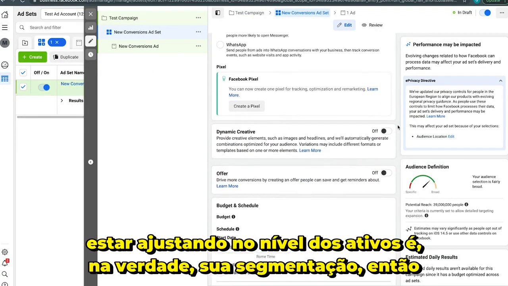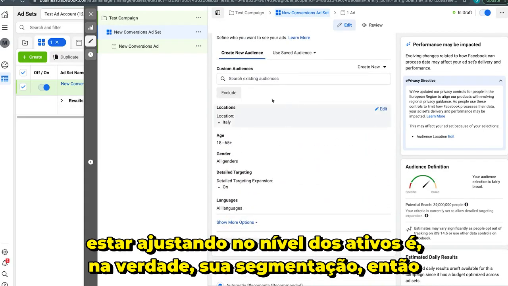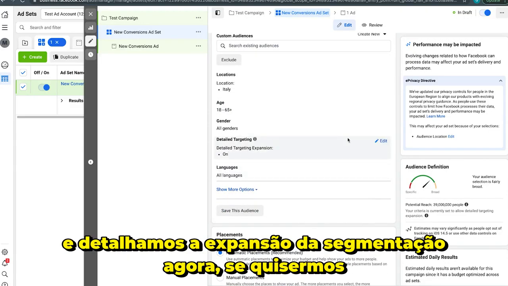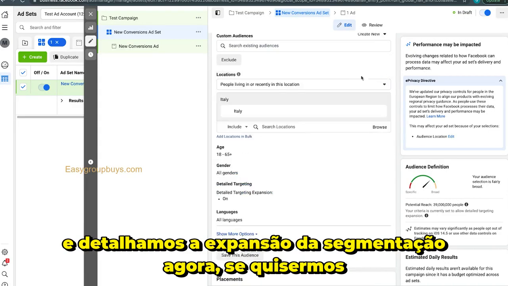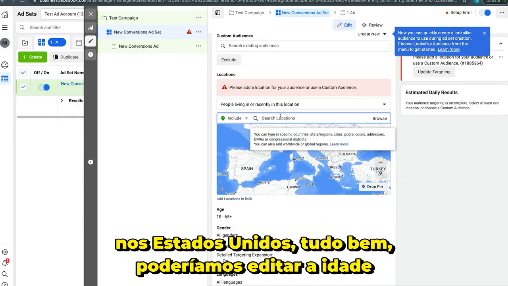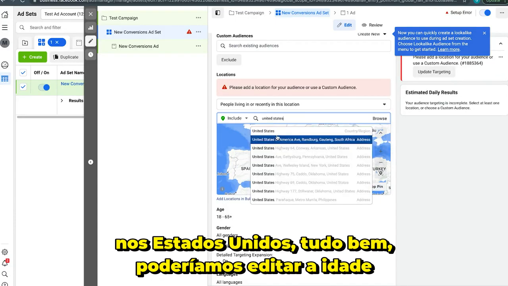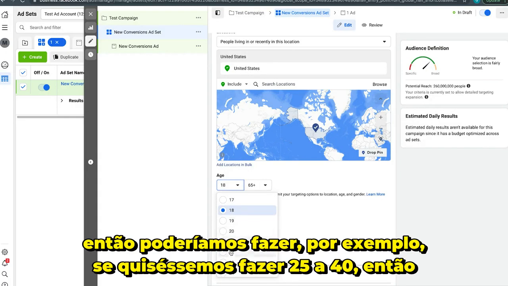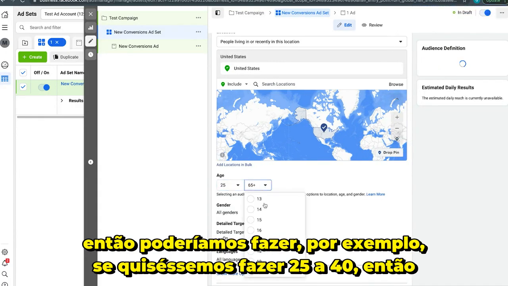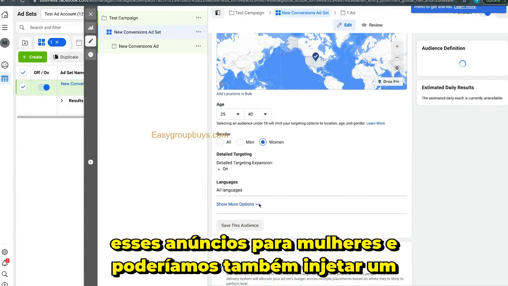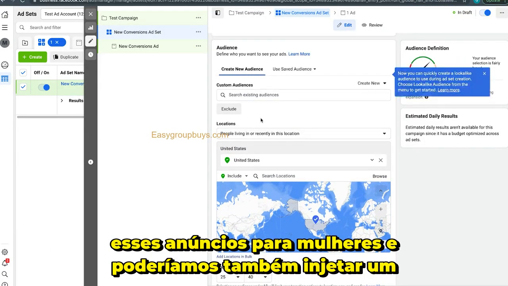Now, the primary thing you're going to be tweaking on the ad set level is actually your targeting. So right now, by default, it's set to Italy, aged 18 to 65, all genders, and we have detailed targeting expansion on. Now, if we wanted to adjust this, we just click edit. We could do, for example, the United States. We could edit the age. So we could do, for example, if we wanted to do 25 to 40, then we could adjust that. We could also say we only wanted to show these ads to women. And we could actually also inject an